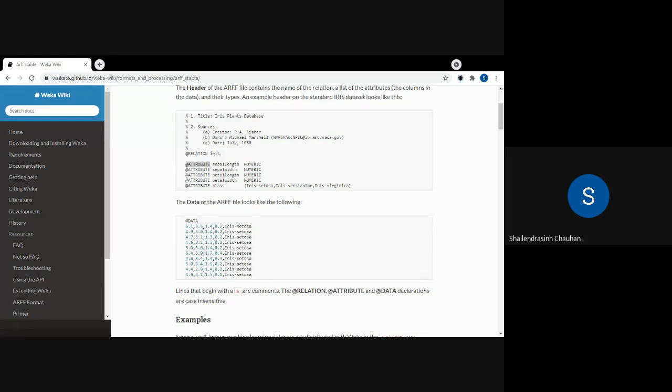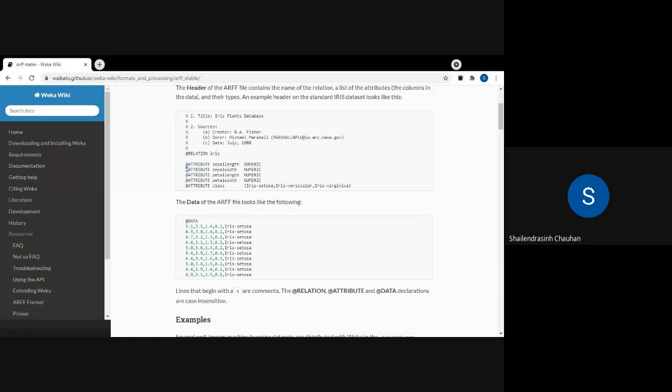These are some types of variables in C. Same way, whenever you want to declare any attribute, you should also give the name. Here the name of the attribute is sepal length, and its type is numeric. Whenever you declare any attribute, make sure that you mention @attribute at the beginning. So this is one attribute, sepal length. Its type is numeric.